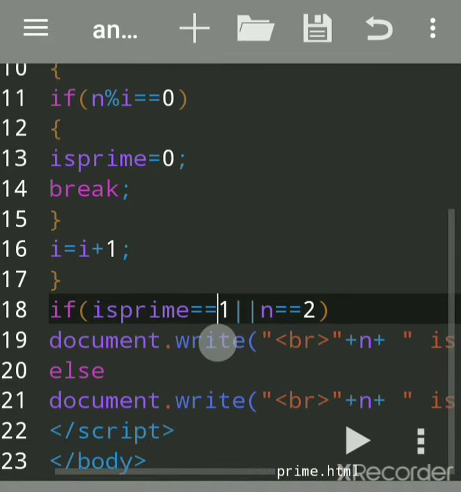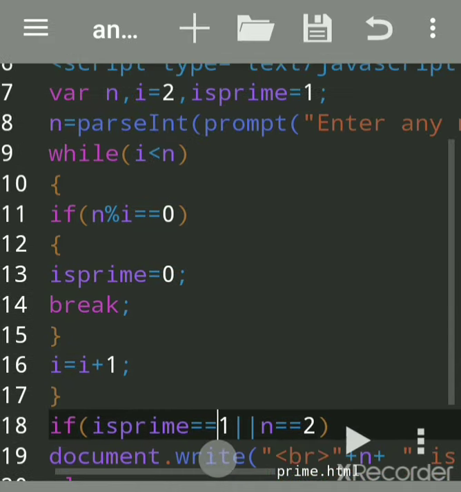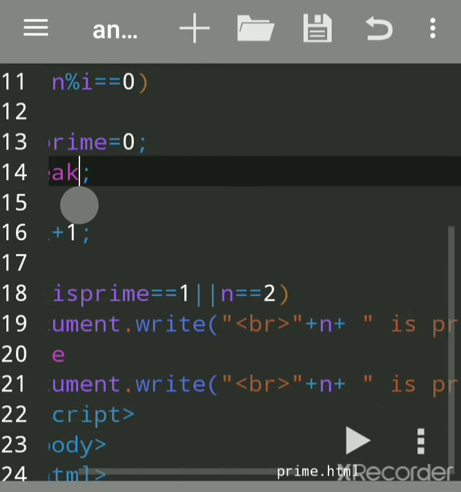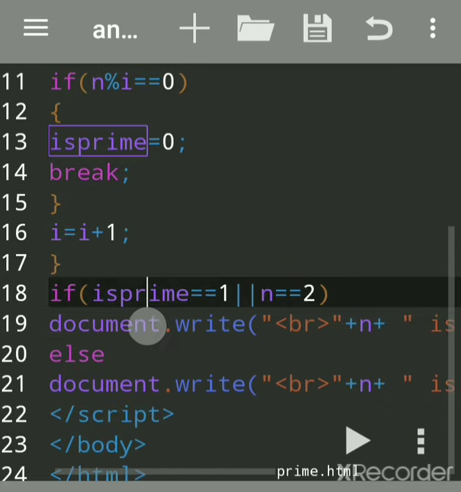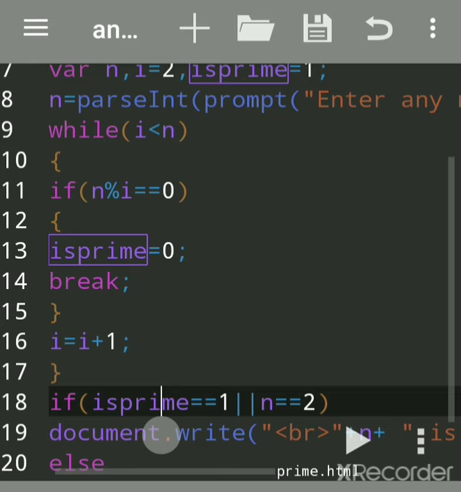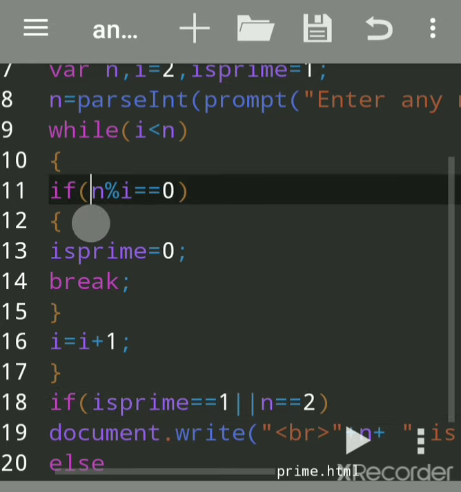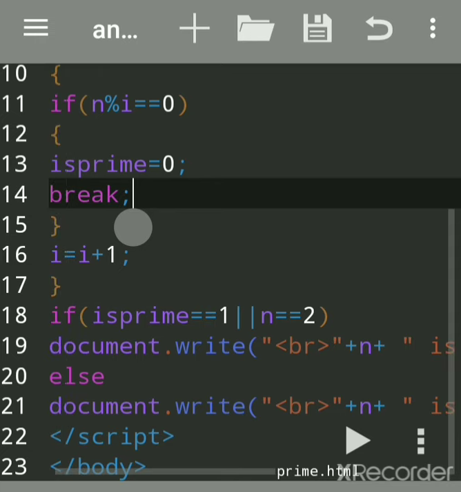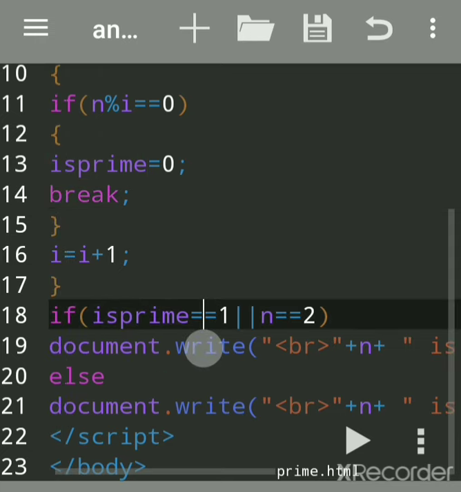Now because isPrime is holding 1, since not even once had it entered the if condition, it will check the double equal to, to check whether the values are equal. The latest value of isPrime is 1 only, because this condition was not true even one time. So it will check if isPrime is 1, yes, it was 1, or n is 2, no. This pipe is called the logical OR operator.